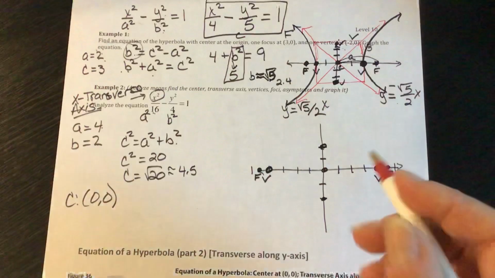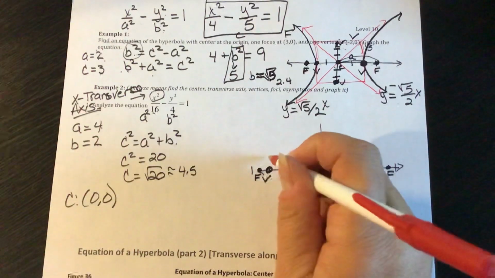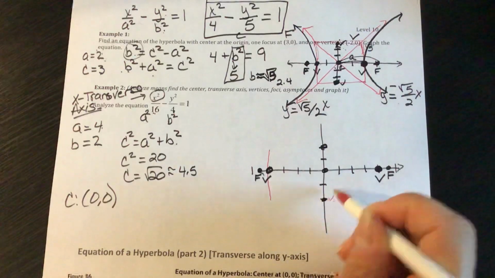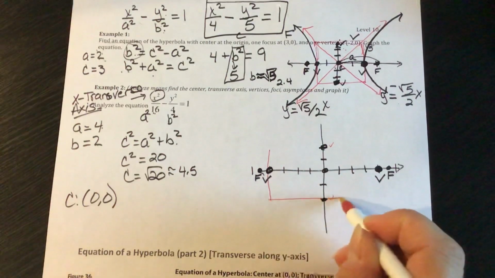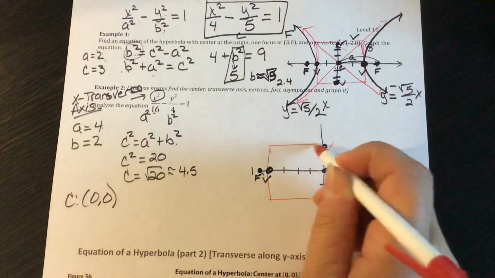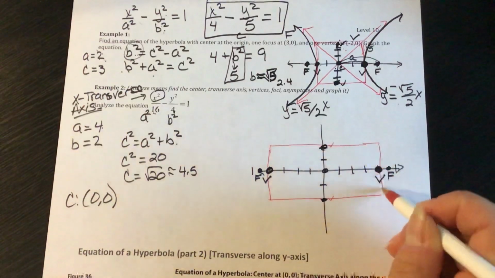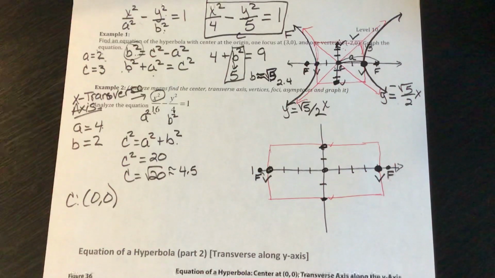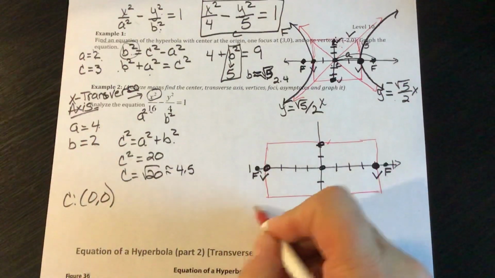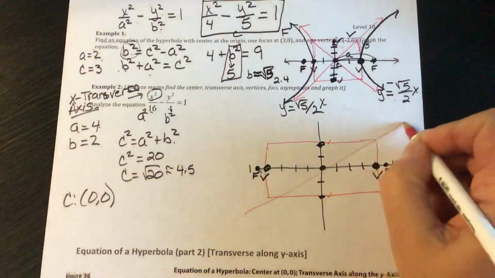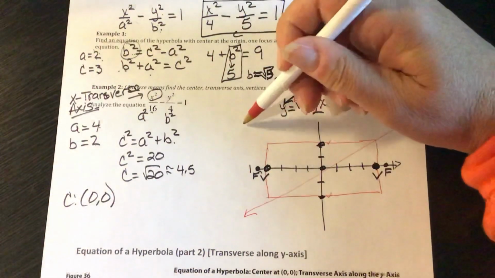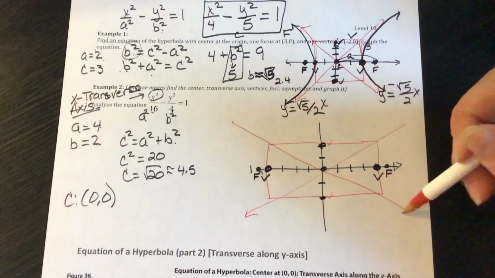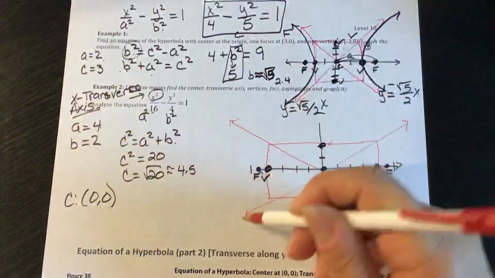So if I were to connect my vertices and make a box around all of these, this is going to help us with the diagonals. That will help us guide the parts of our hyperbola. And these equations,